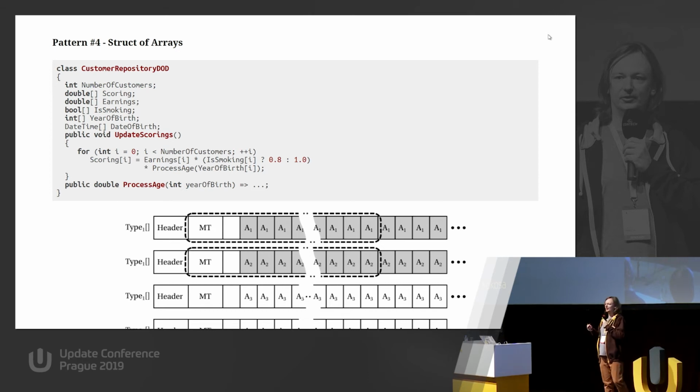But from a memory access perspective, it is now tremendously better, because we have those attributes one by one for each customer. And when our algorithm will be accessing those attributes, they will be fully consumed, because we have, for example, this array of scoring attributes, and all those scorings will be important for us. So every time we access memory, we access a whole bunch of data that will be used. There is no single byte wasted here for memory access.